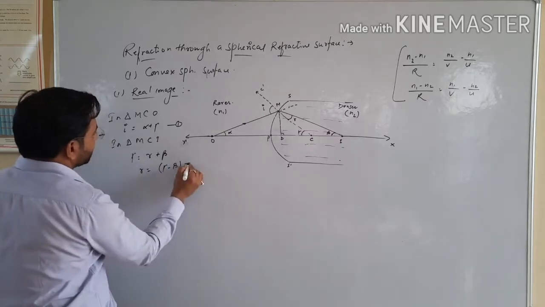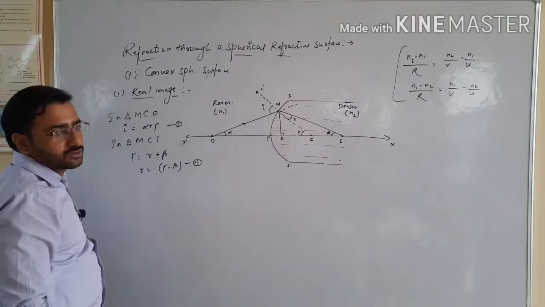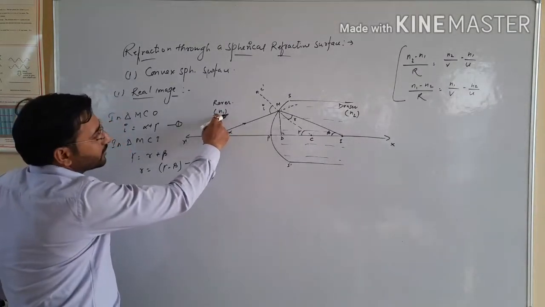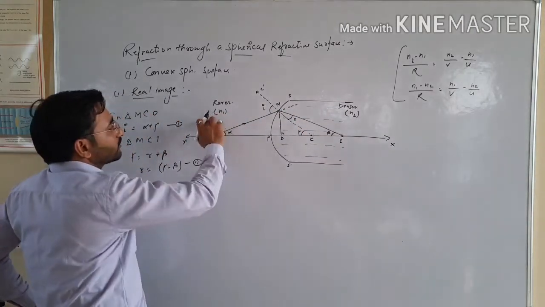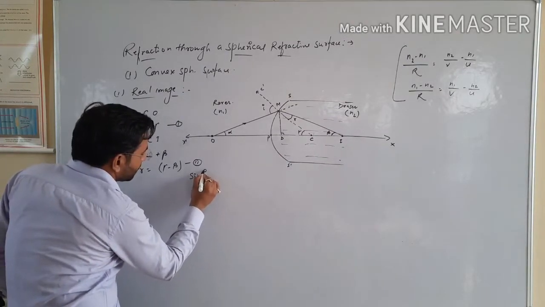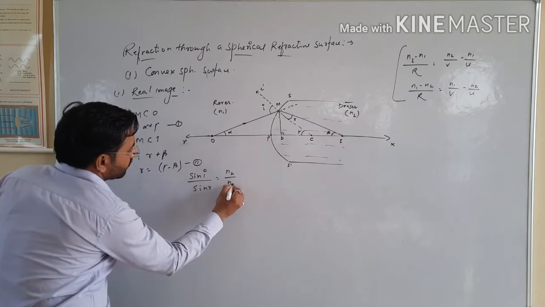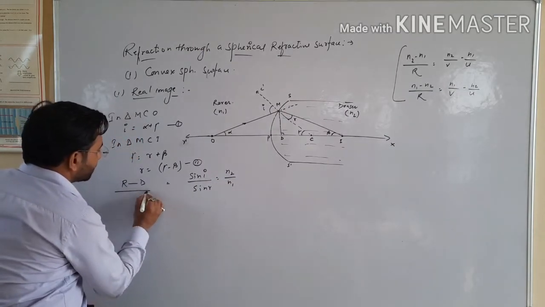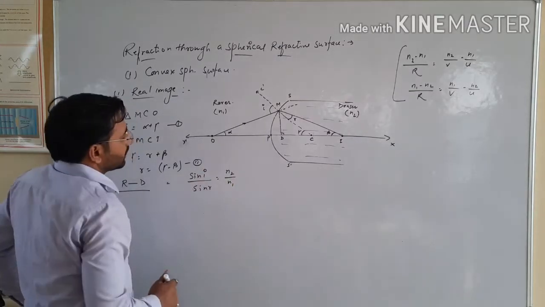So now after that, this is our second part. Now to prove this relation, I will use Snell's law. As you know, N1 is the rarer medium, N2 is the denser medium, and light is going from rarer to denser. In this condition, I will use sin I over sin R equals N2 by N1. Means when the light ray goes from rarer to denser medium, for this condition I will use Snell's law and I will write this relation like this.